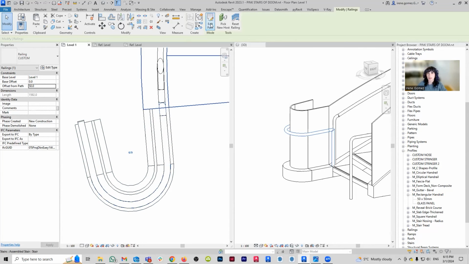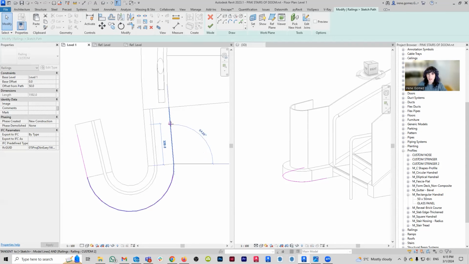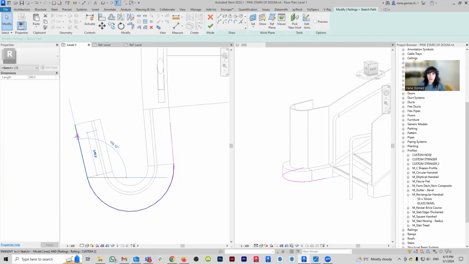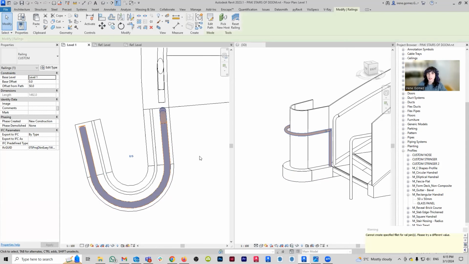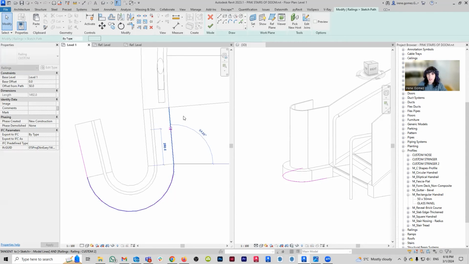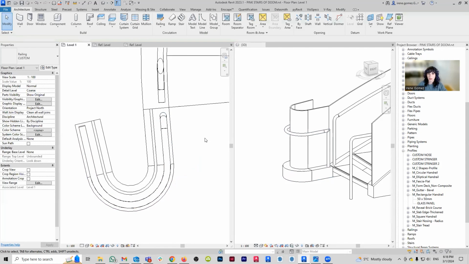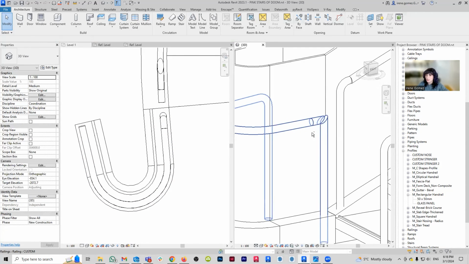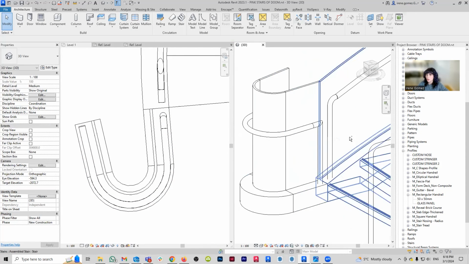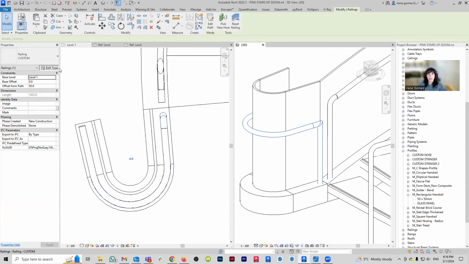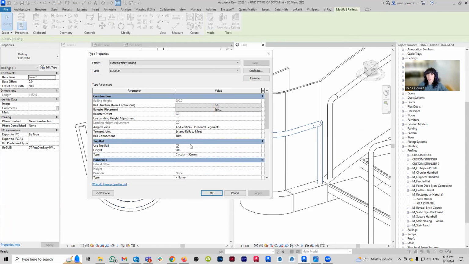All right. We're going to come here, edit path, make it significantly shorter. I think I want it to be shorter here as well. Almost there. Edit. Just a little bit shorter. There we go. This is exactly what we want. Last thing that we're going to do, we are going to select this guy. We're going to go edit type, and we're going to create a second one because, see, we need to modify the height. So this is going to be custom 3, as many as we need. God, these stairs. We're going to apply.